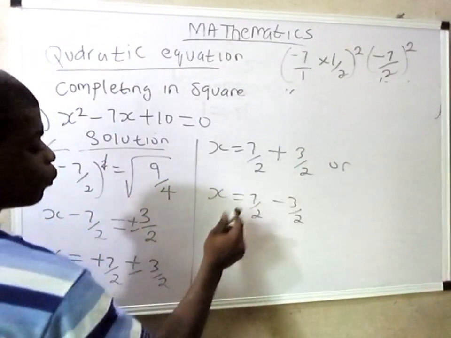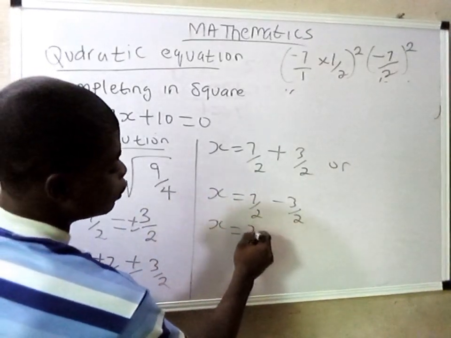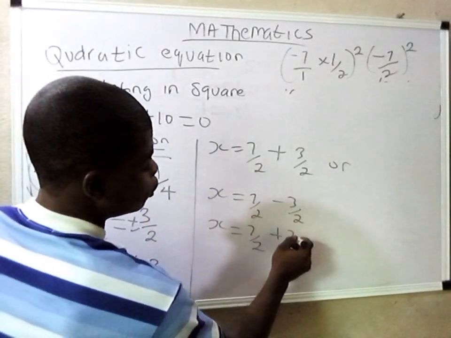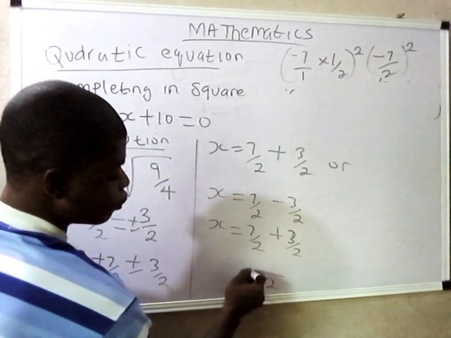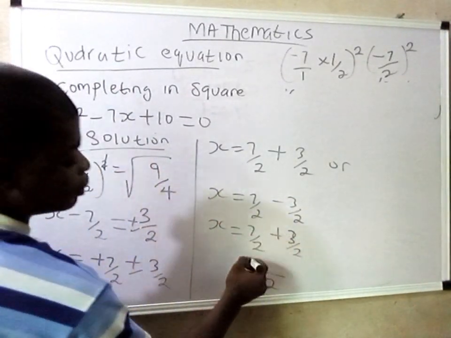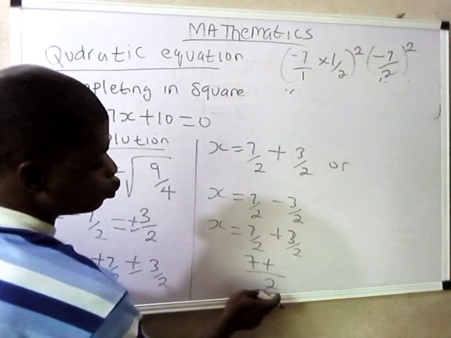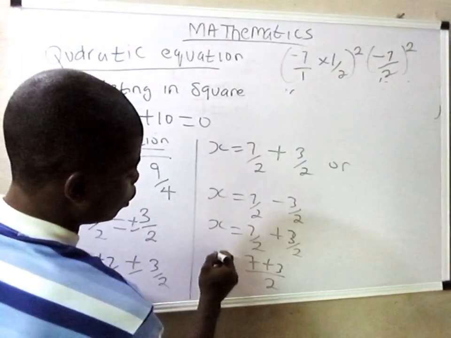So let's go for the first one, which is x equals 7 over 2 plus 3 over 2. Take the next step, which is 2 into 2 is 1, 1 times 7 is 7, plus 2 into 2 is 1, 1 times 3 is 3. So x equals